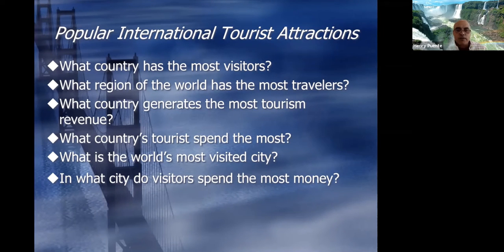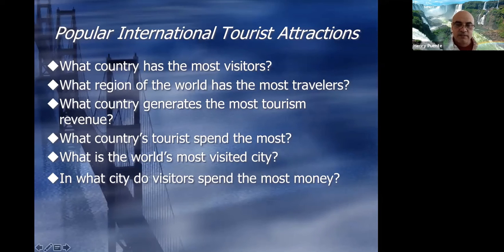One of the big downfalls of the city of Los Angeles, if you're curious, and all of you know this already, is traffic. It's not easy to get around Southern California because we have way too many cars and we don't have a really good mass transit system. If we had a really good mass transit system, we would be far higher on the list in terms of where visitors spend money. But until that gets resolved, we're not going to make it anywhere in the top 10.